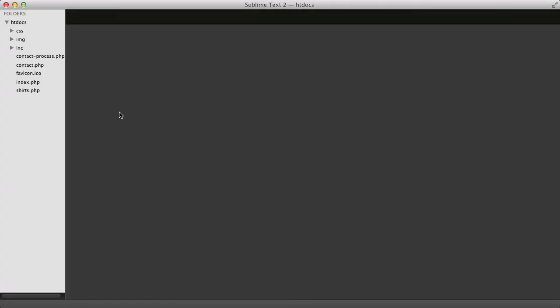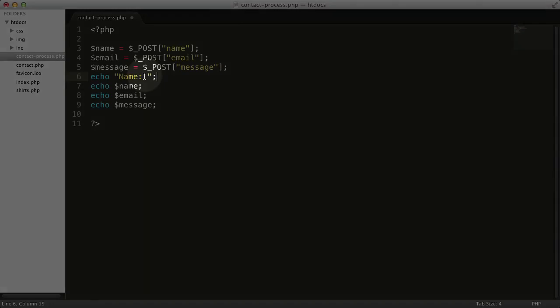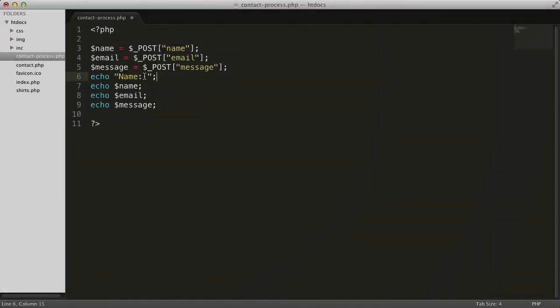Open your htdocs directory and the contactprocess.php file. Before we echo out the name here, let's echo out some text to describe the data. I put a space inside the quotation mark there because I want a space between the word name and the value from the variable. We could do the same for the other fields, adding separate echo commands before we echo